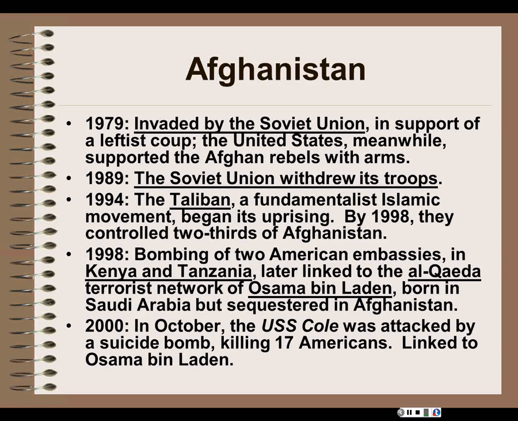its troops. By 1994, the Taliban, a very fundamentalist Islamic movement, began its uprising in Afghanistan. By 1998, the Taliban controlled 2/3 of Afghanistan. In 1998, 2 American embassies in Africa, in Kenya and Tanzania, were later linked to the Al-Qaeda terrorist network of Osama bin Laden. Now, Osama bin Laden was born in Saudi Arabia, a fairly wealthy man, but he sequestered himself in Afghanistan because, of course, Afghanistan was basically an anarchy, and there were places to hide out,